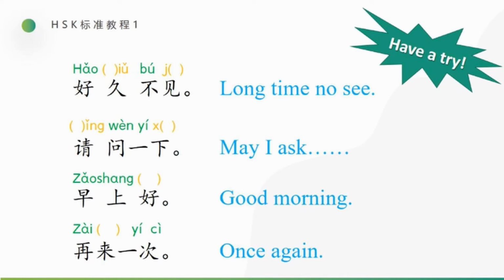It means a long time no see. 好久不见。Okay, next one. 请问一下。非常好啊，很好。一下啊，not 腰压啊下。This one. 请问一下。Okay, next. 早上好。We have learned it, right? 早上好. This okay. Last one, once again, 再来一次。